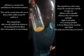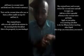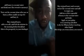Now for this, what you do is in the morning, everybody can use this, even a child. In the morning you take it in your hand. Okay, this is your hand that will retain that money you're getting. Now you rub. Okay, anywhere you can rub your head, but your hand. Now once you rub this on your hand, you allow it to dry for 30 minutes before you touch water or wash cloth or